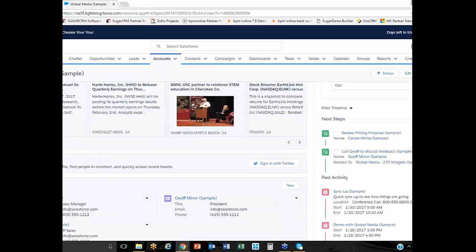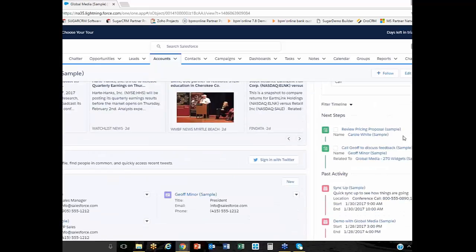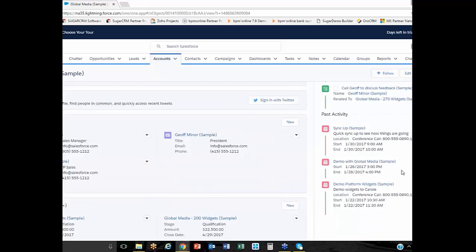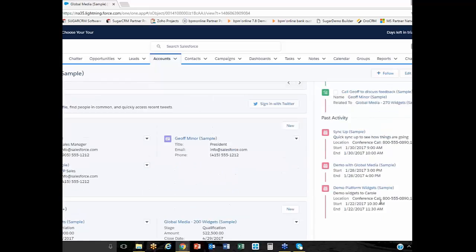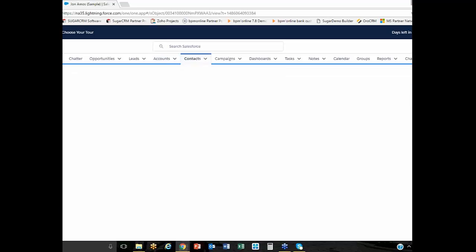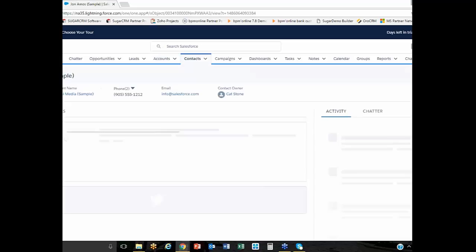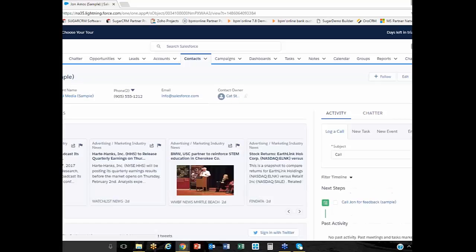Now, on the right-hand side, not only do we track our activity and have our inter-office communications, but we also have a timeline. So we can look through this timeline and see what we're doing next with that account. We can see everything that we've ever done in the past with that account in a nice timeline fashion. And of course, as I mentioned before, I can simply click on any of these associated records to the account, like a contact record, like what Kevin did with Sugar, and it's going to take me right to the contact that I selected. The same principles.